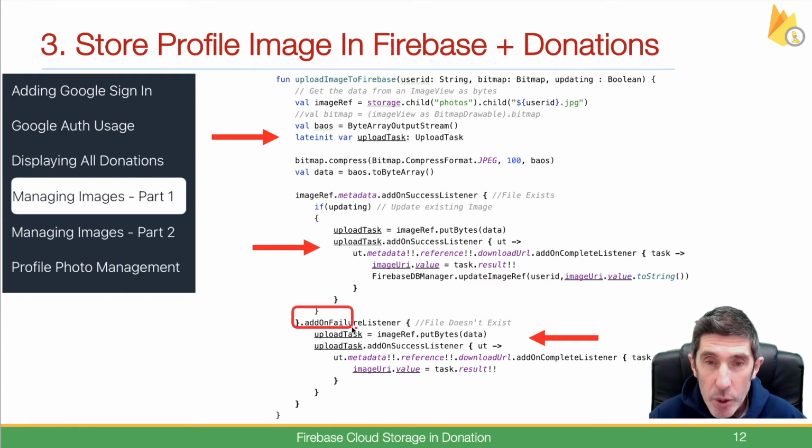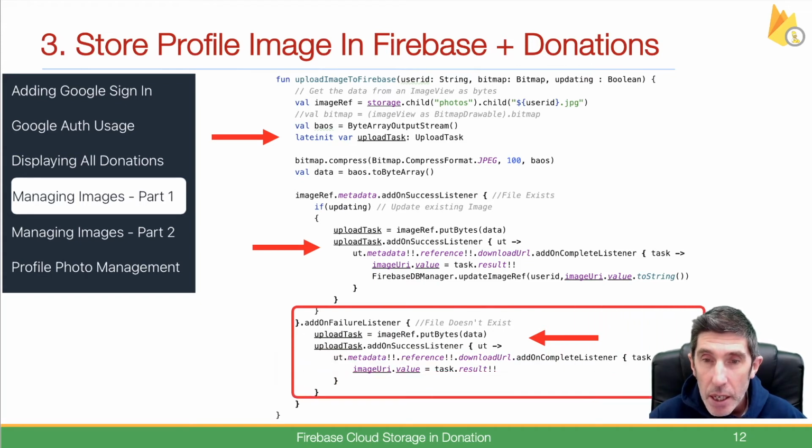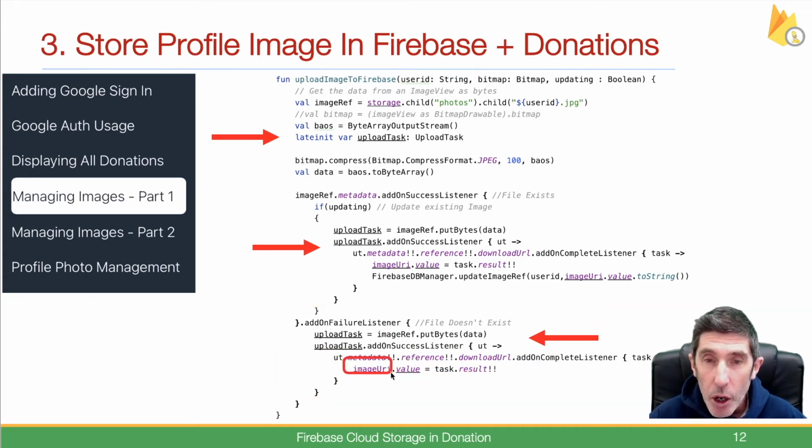And again, final one there. If the file doesn't exist, we simply get the new image. So the image has been saved, and we update our image URI with that download link. So then it points to this, which is like the first time that the file has been written and uploaded to our Firebase storage. Okay,